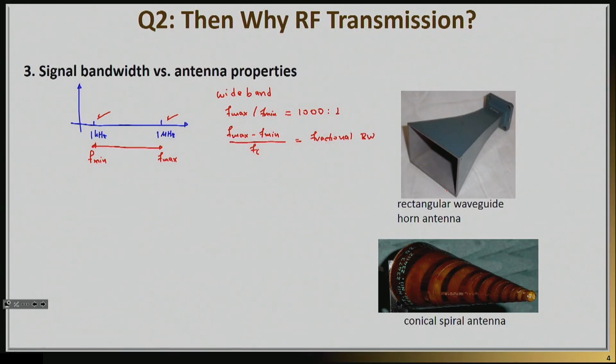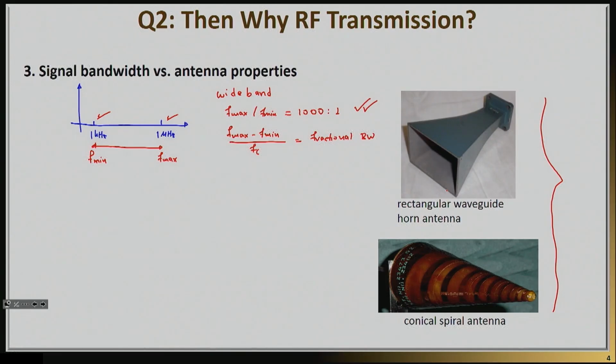Either way, whether we do f max over f min or the fractional bandwidth, you can see that if we were to actually transmit baseband, we would truly suffer in the sense that we would have to come up with antennas that are incredibly wideband. And that's a big challenge. It's not just a big design challenge, but it's a big implementation challenge. Wideband antennas like the ones I'm listing here, definitely, first of all, those are not 1,000 to 1. But even if you can make a 1,000 to 1 antenna, you will actually end up with a fairly large structure. And so the second reason why we don't do direct baseband transmission is because if you do that, the f max over f min will actually be a very large number.